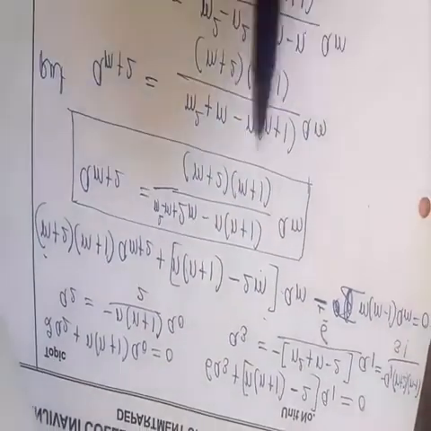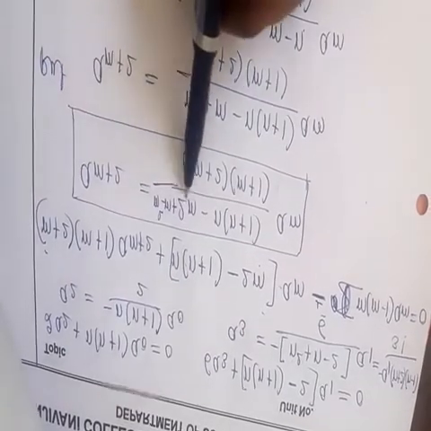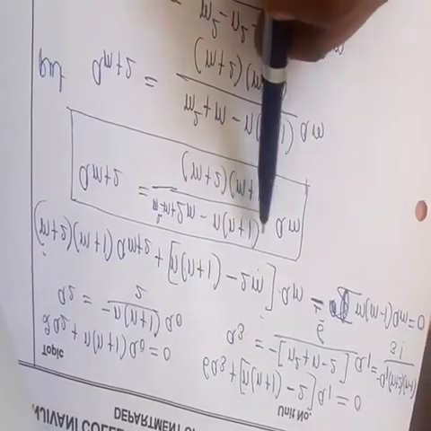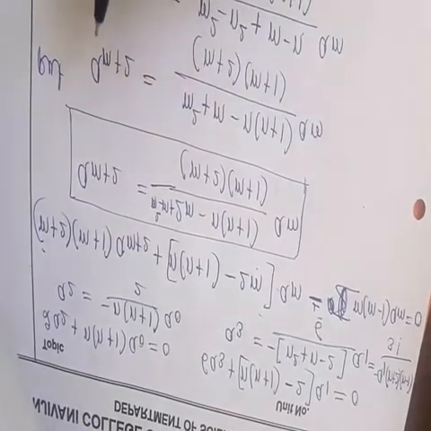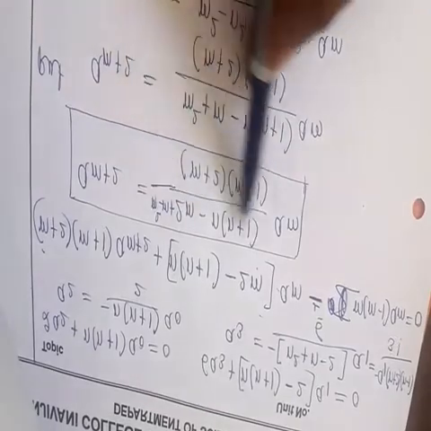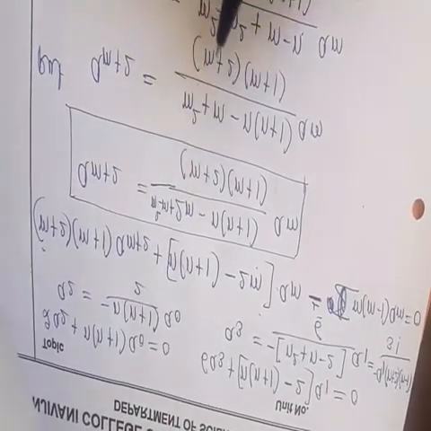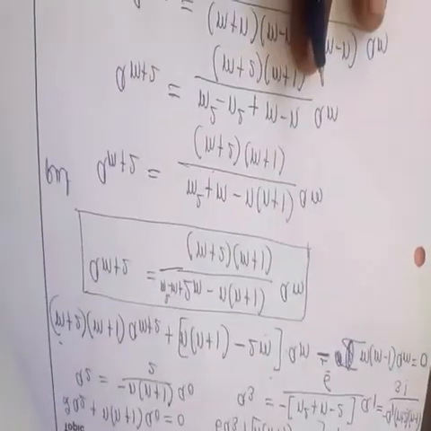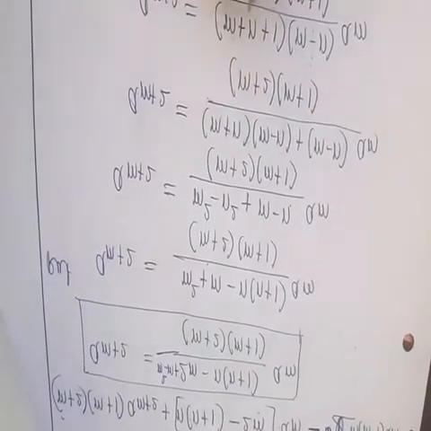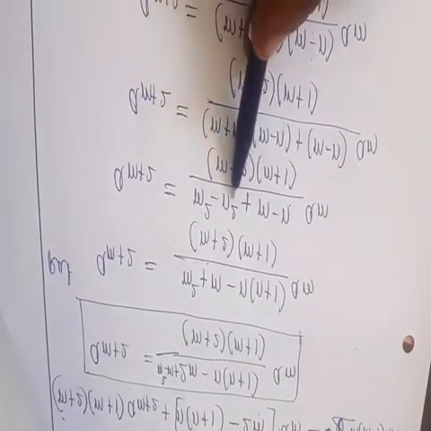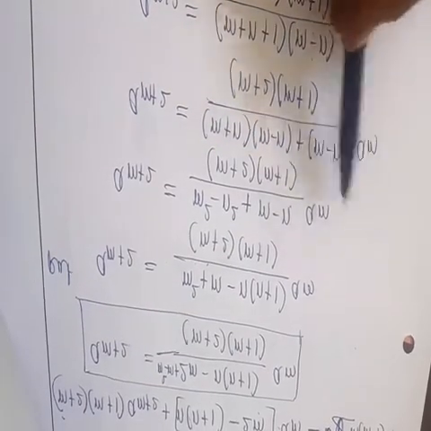Next, from the third equation we get the recurrence relation. a_{m+2} is equal to (m square plus m plus 2m minus n(n+1)) divided by (m+2)(m+1) into a_m. Now we can simplify this numerator. m square minus 2m minus m plus 2m becomes plus m. So m square plus m minus n(n+1). Simplify it further, we get (m square minus n square plus m minus n) divided by (m+2)(m+1) into a_m.